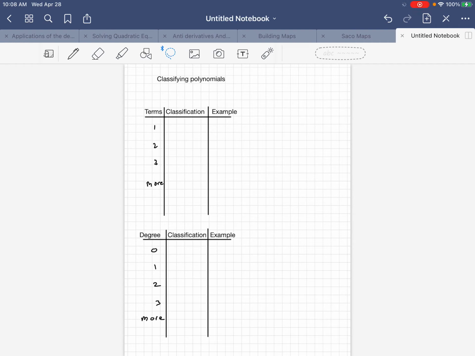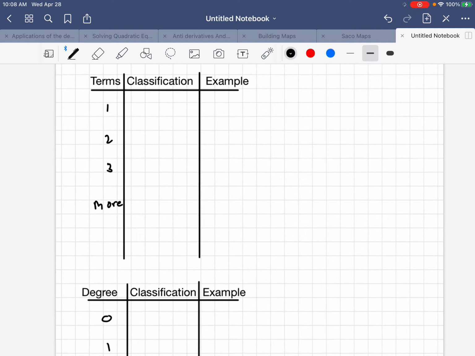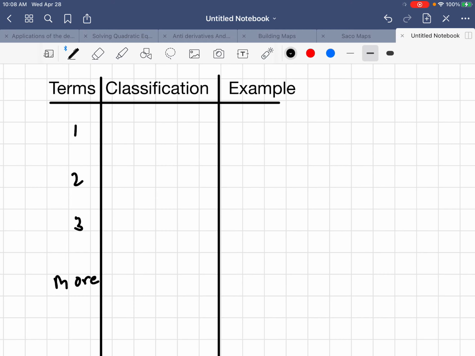This is a lesson on classifying polynomials. As you can see, we've got two different charts set up. I'm going to focus on the first one, and it's really going to be determined by the number of terms. This is all about how many terms a